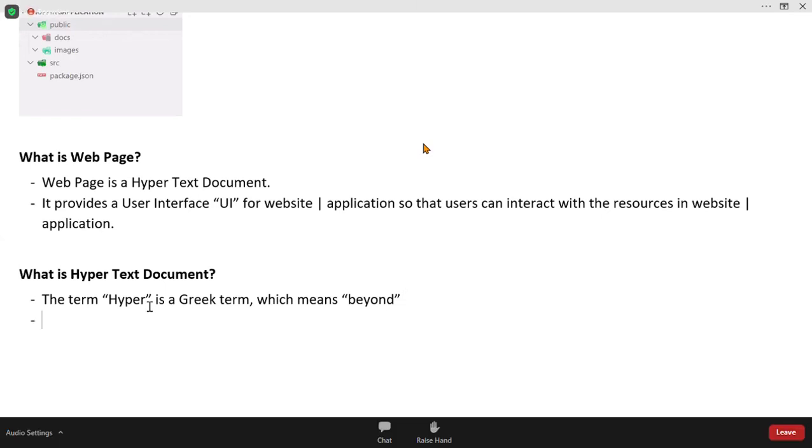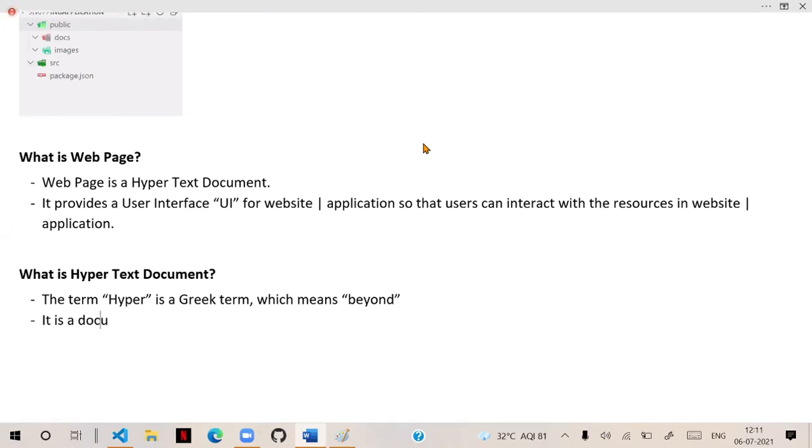That means it is a document that contains a lot of information beyond what you see. That is what a hypertext document means. Hyper is a general Greek term which means beyond.